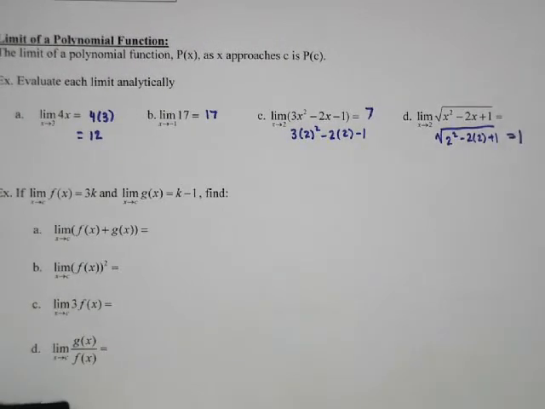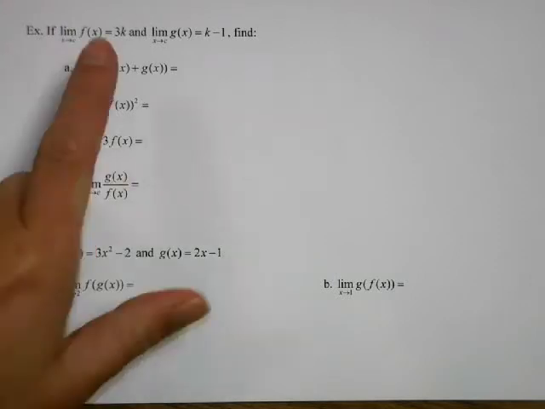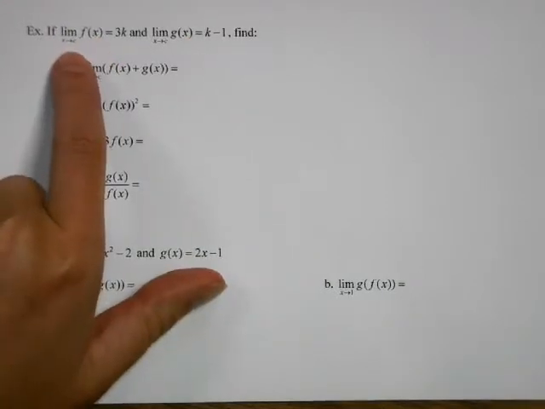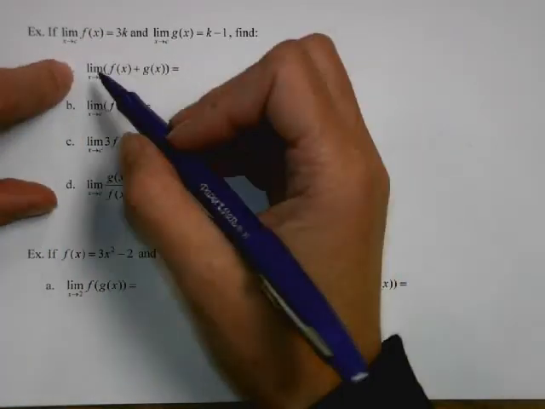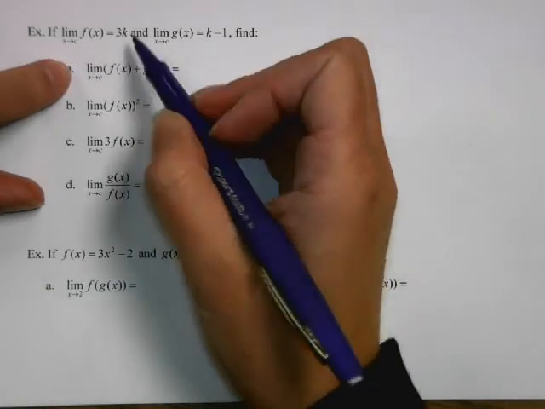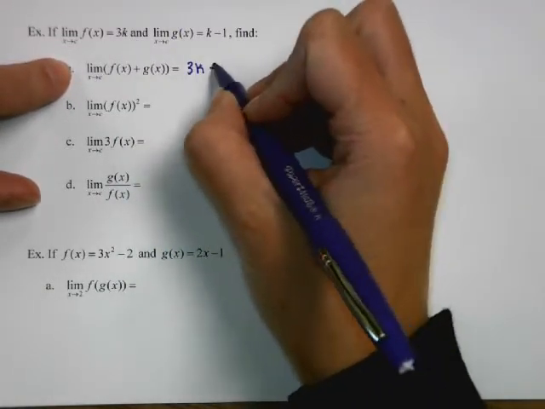Here we're going to apply the same rules that were in the limits graphically notes. So if you look at your limits graphically notes, the front cover has these different rules. So we're looking at some generic function f of x and g of x as we go to c. So the limit as x approaches c of f of x plus g of x is just going to be the sum of the two limits. So 3k plus k minus 1. So that's all we're doing here is just